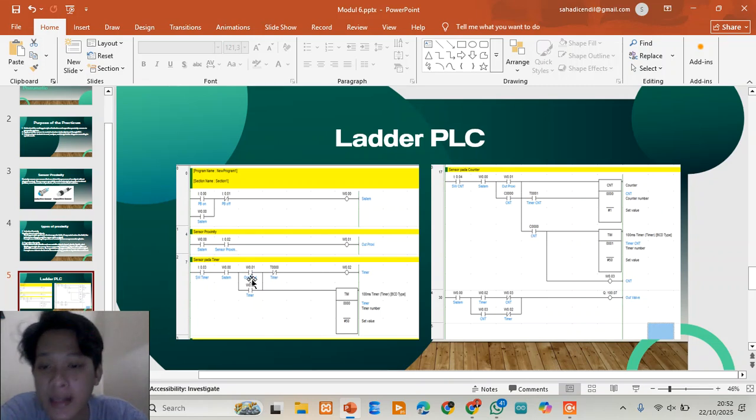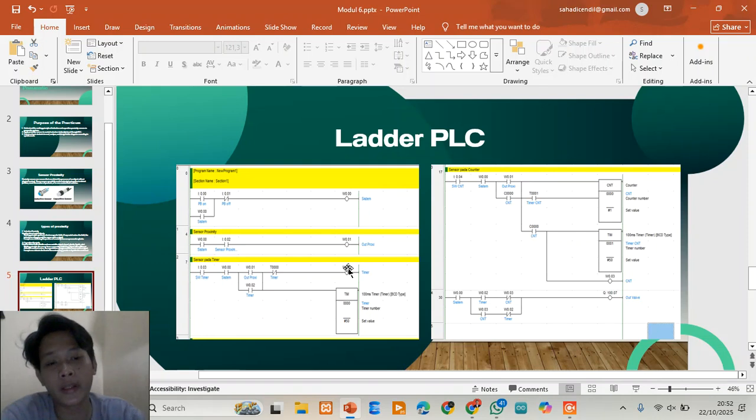And the next rung, rung 3, shows how we combine the proximity sensor with a timer.